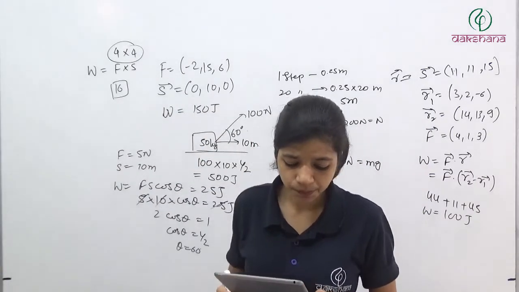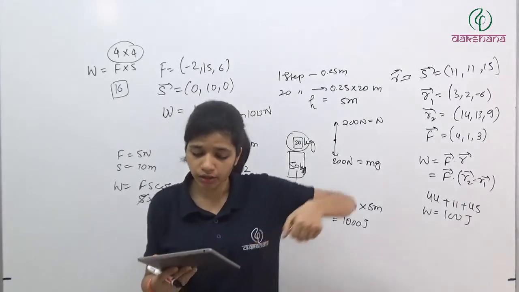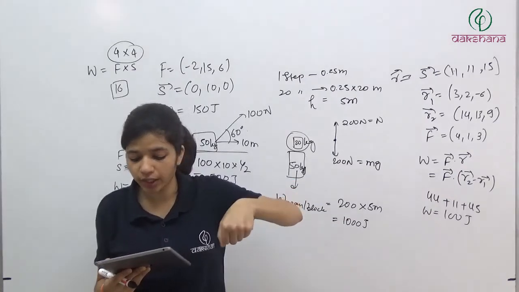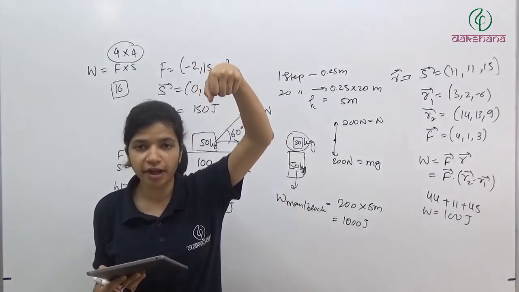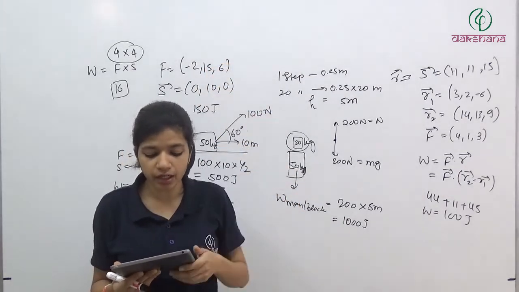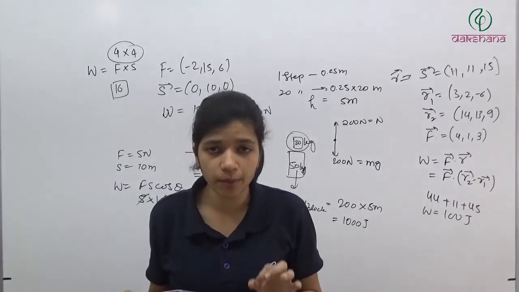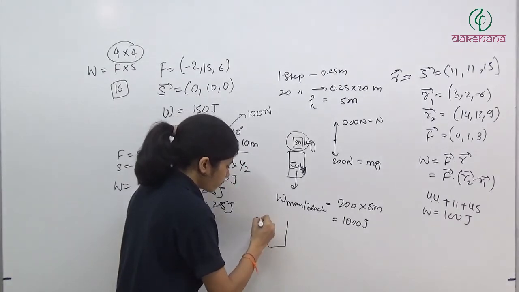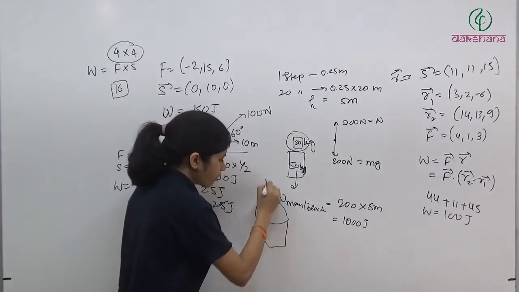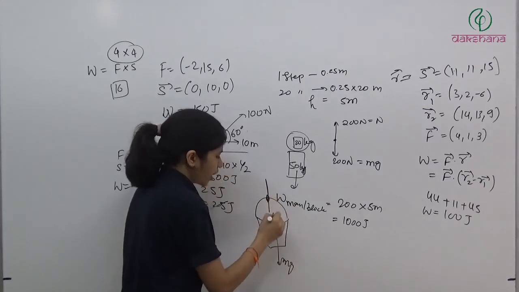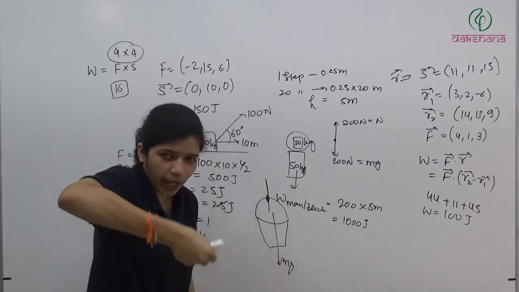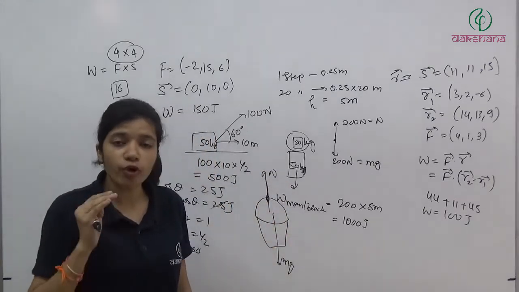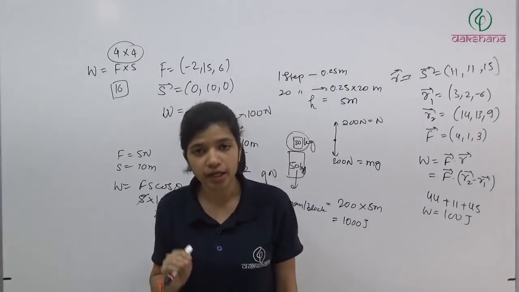Question number A8. A person holds a bucket of weight 60 Newton. He walks 7 meter along the horizontal and then climbs a vertical distance of 5 meter. The work done by the man is. So here the question should be the work done by the man on the bucket is. So when he is holding the bucket, force will be like this. Mg is acting on this bucket, and whatever force he'll apply is a normal force by his hand. So it will be in this direction. It will balance the mg. So the force which is getting applied on the bucket by the man is in the vertical direction.